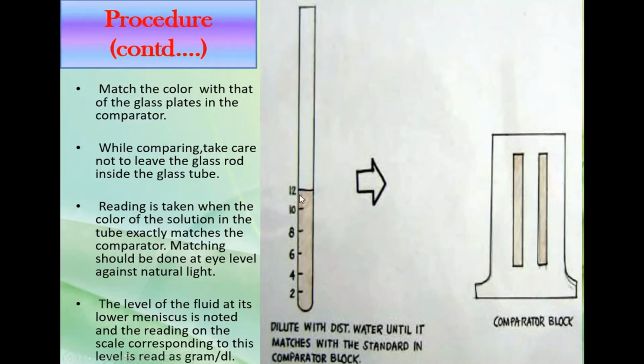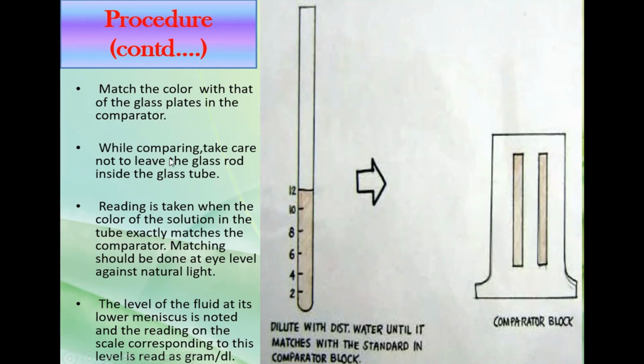So now it is up to 12. What does that mean? It means 12 grams of hemoglobin is present in 100 ml of blood. So 12 grams per deciliter can be identified for that particular person. That we can see. Match the color with that of the glass plates in the comparator, and